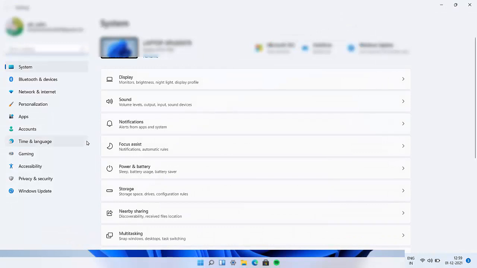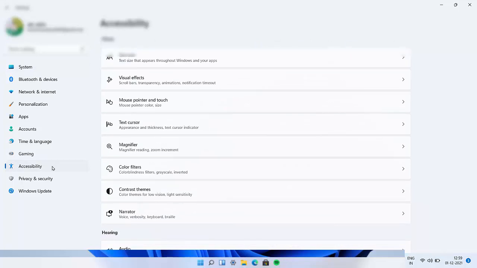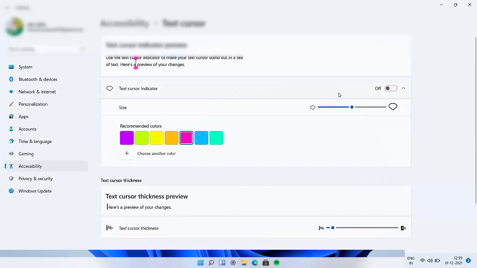In the settings, on the left panel you can get the option Accessibility. Just click and open it, and here in the right panel you can get the option Text cursor. Just click and open it. Okay, first of all you need to enable this option, Text cursor indicator. Just enable this option, and here you can easily customize the text cursor size with the help